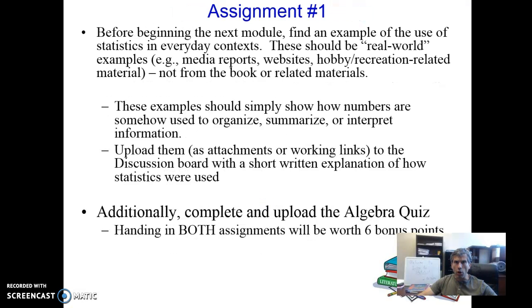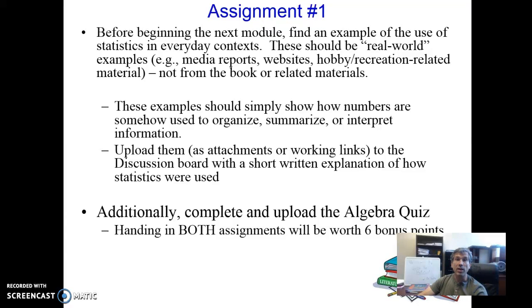All right, so we're going to close things off in Module 0 with a brief assignment. Really, it's two assignments that go hand in hand. Here's how they're going to work. Again, I mentioned one of the things I want everyone to get out of this class is the ability to recognize and think critically about how research and statistics are used in everyday contexts. So here's your assignment. This is entirely for extra credit. It's not formally graded.